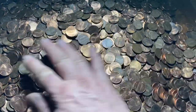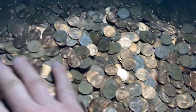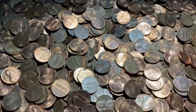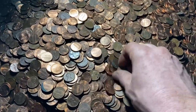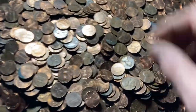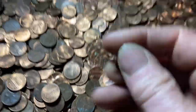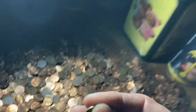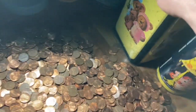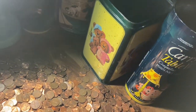Of course, anything 1981 and before is 95% copper, 90% copper. Even the Lincoln pennies, and you can kind of see the copper ones. I mean, this one looks older. One of them here looks older. Maybe, yeah, 70s. So I'm gonna put that in with the ones that are from 58 until